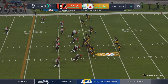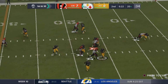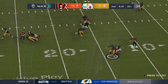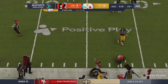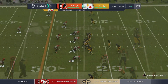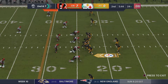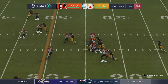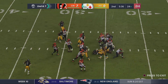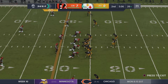And to me, finding a way to make sure your playmakers touch the ball without it being too exotic. Meaning you don't have to go deep down the field. Maybe you hit them on those short passes on the perimeter. Make sure you just turn around and hand it to your best runner and get out of the way. Don't cause any extra stress on your offense. They'd love to just strike back with a touchdown right here, and if it's a long play, so be it. But the main goal, get a couple of first downs, run some plays, run some clock, allow their defense to